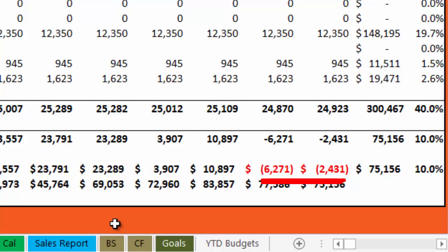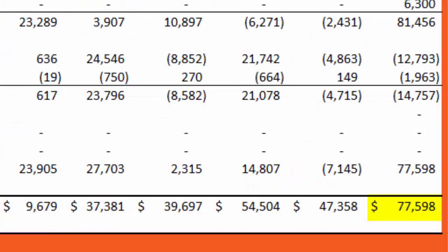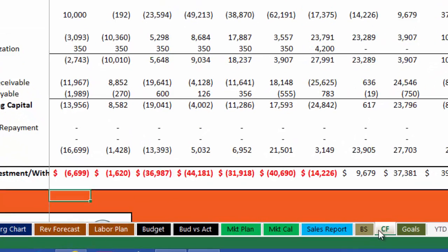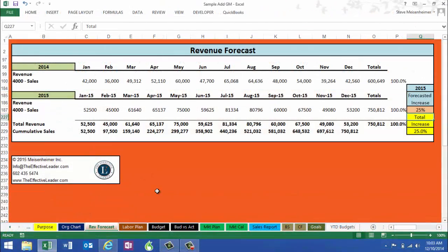But let's go take a look at what your cash flow will look like. If all goes as planned and you hit your numbers, you'll have a $77,000 cash balance at year-end. Not bad. So now we know the baseline. Let's go back to the beginning and let's look at how you expect your company to perform with a general